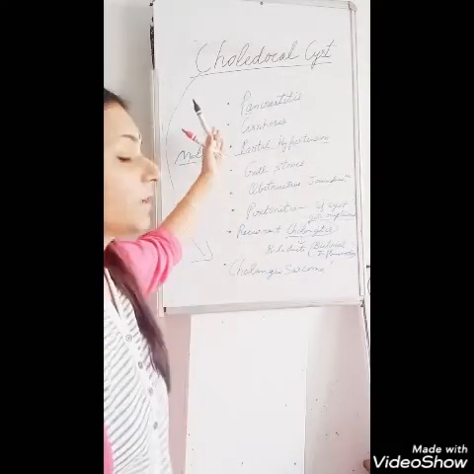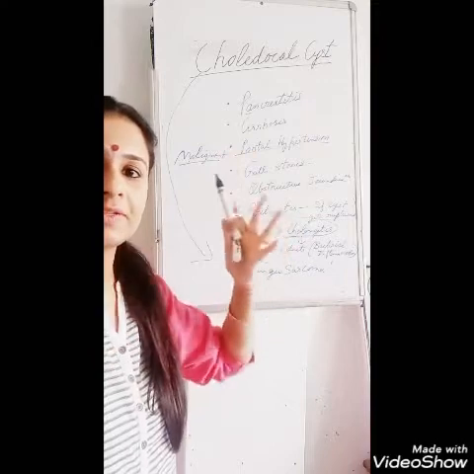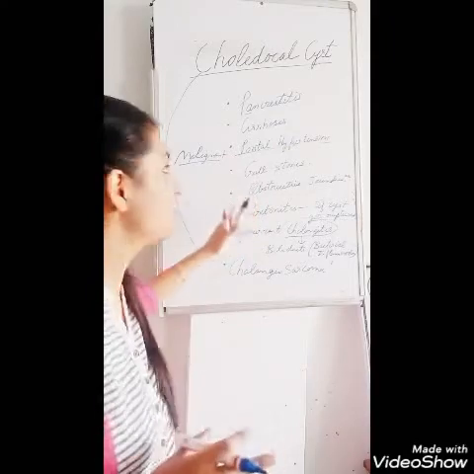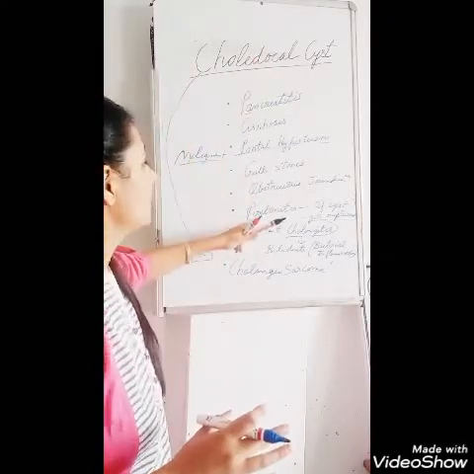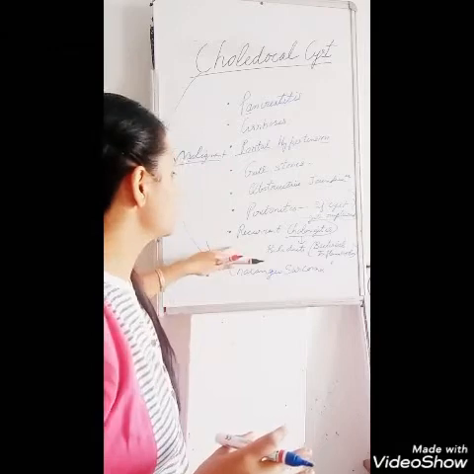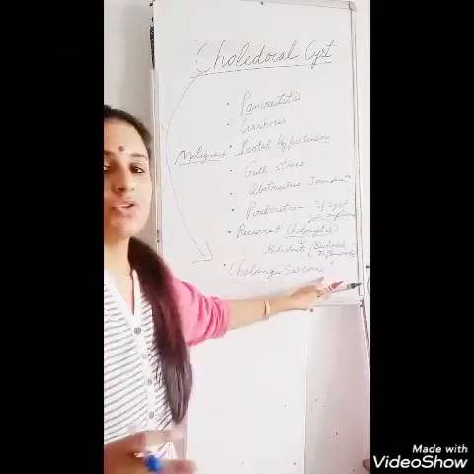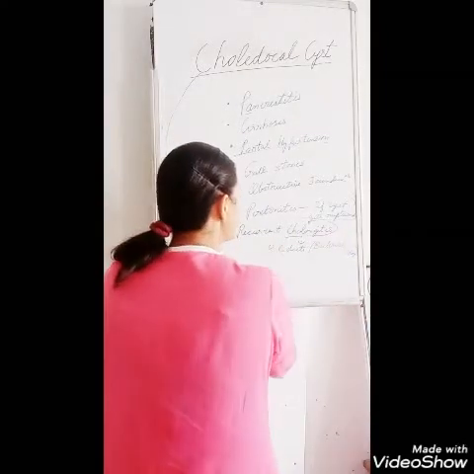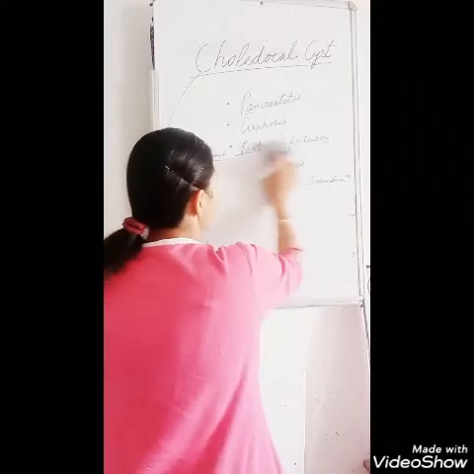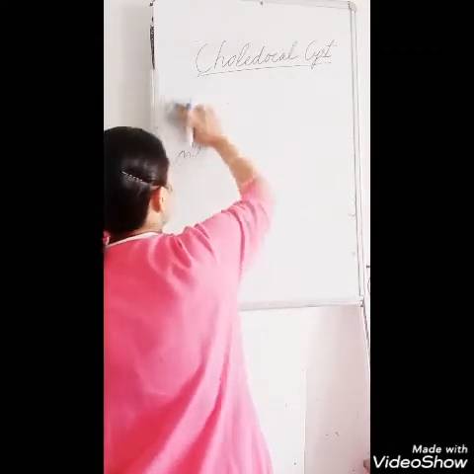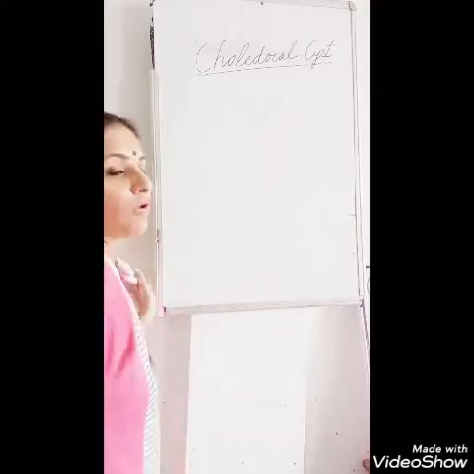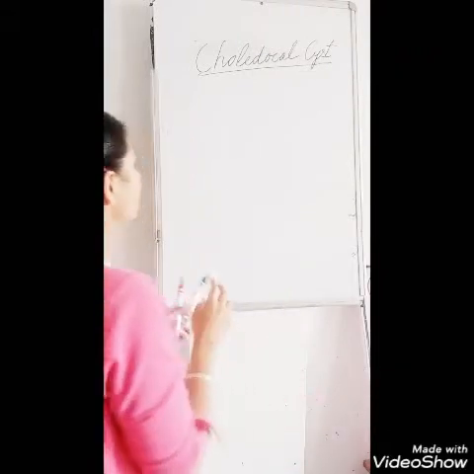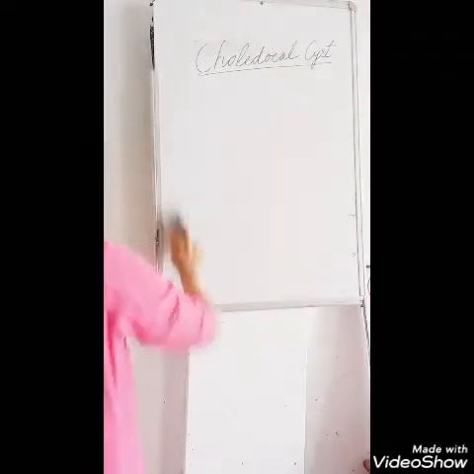So pancreatitis, cirrhosis of the liver, portal hypertension, that is the increased blood flow pressure in the portal veins, gallstones because of the stasis of bile due to the choledochal cyst, then peritonitis if the cyst gets ruptured, recurrent cholangitis and cholangiosarcoma if the malignant changes occur. So these are the complications, or patient may come with these features also with the triad. With those 3 symptoms, these features can also be present, but that triad is present in 80% of the patients. Now the classification, which is very important in choledochal cyst.